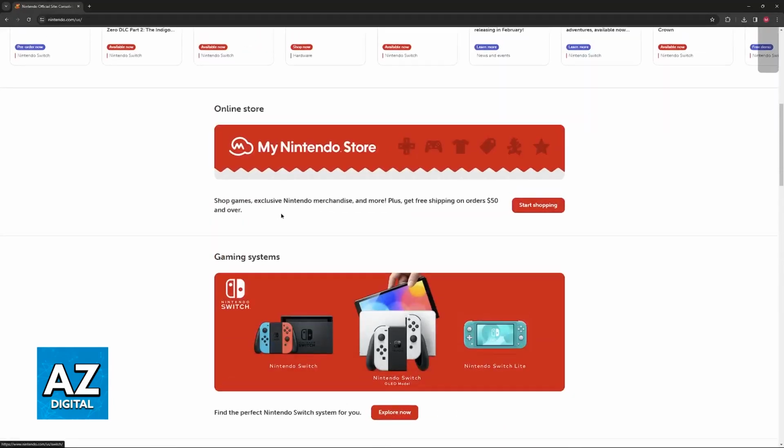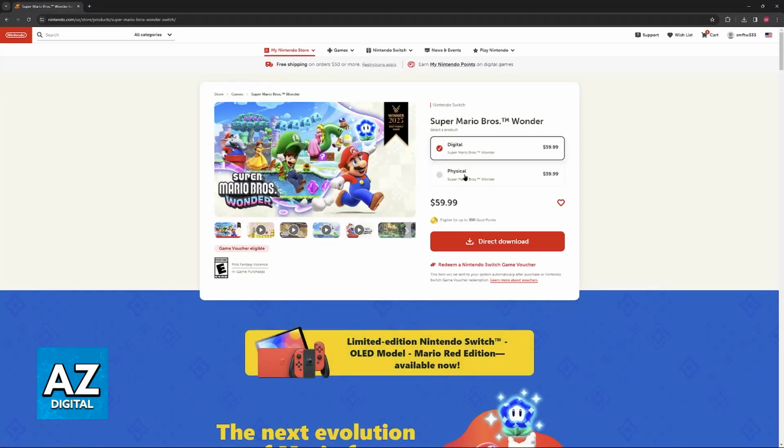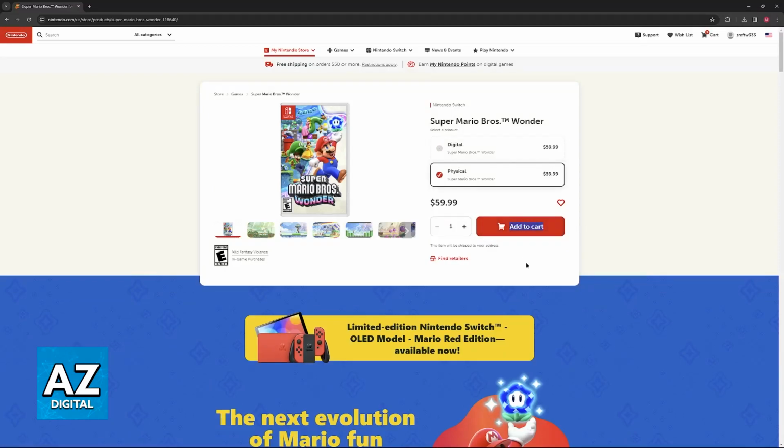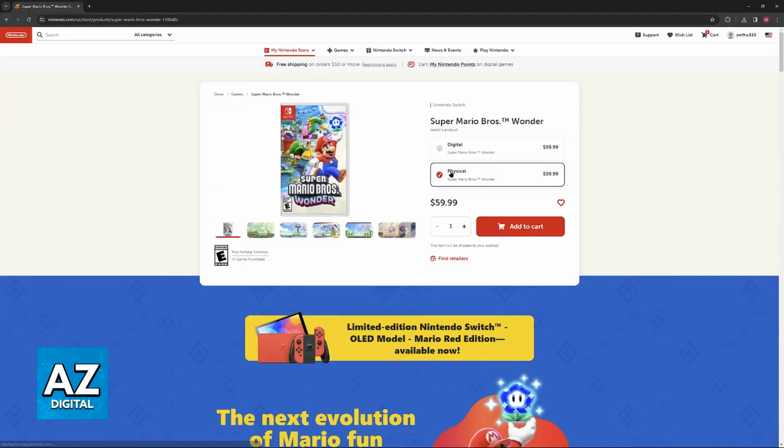All that you have to do is select any item that you would like to purchase using the discount code and add the item to your cart. To my knowledge, the discount code option is only going to be available if you are able to add the item to your cart. So for example, if you select to purchase a digital copy, as you can see, it only says direct download. So this isn't going to work. You need to add the items to your cart.